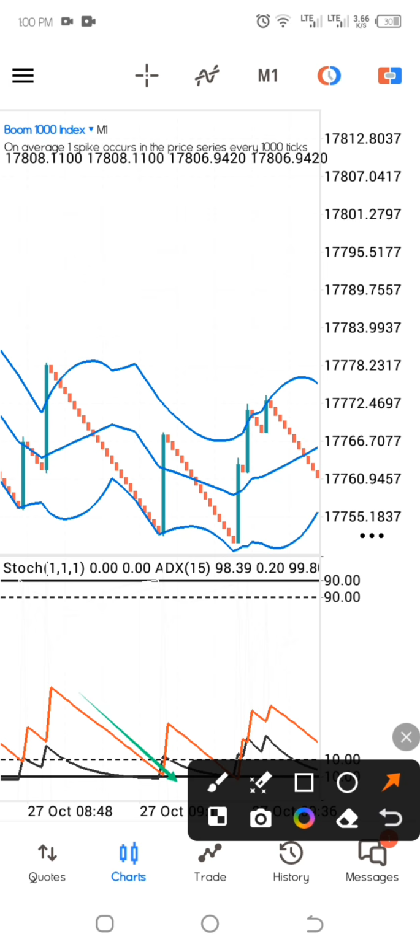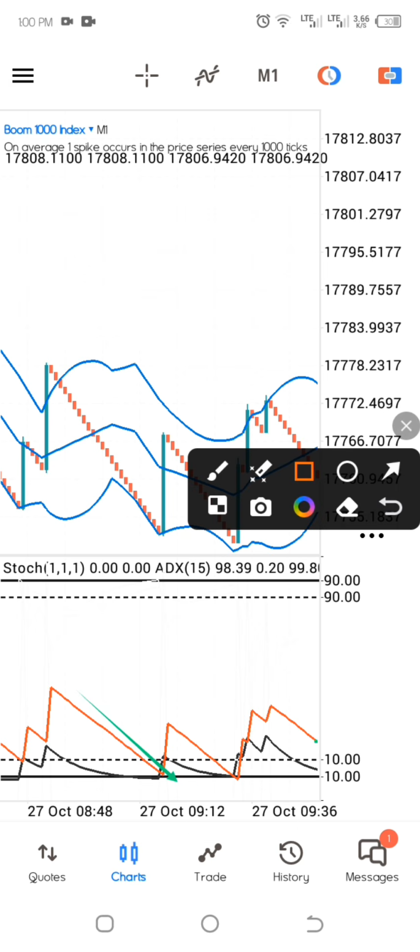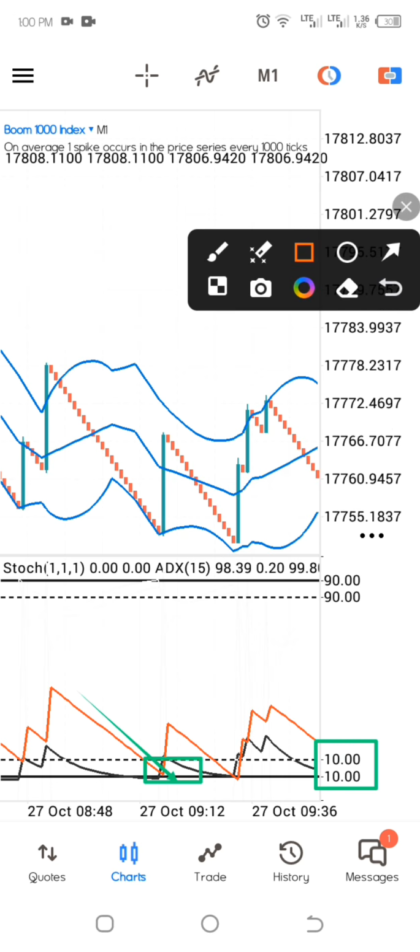After the sharp move, we are now waiting for the moving average to touch the 10 level of the stochastic oscillator and also touch the ADX line. Once these conditions have been met, we are now waiting for a candle to touch the Bollinger Bands, which happens right here and right here. After we see the candle touch the Bollinger Bands, we immediately enter for our buy, and then we catch